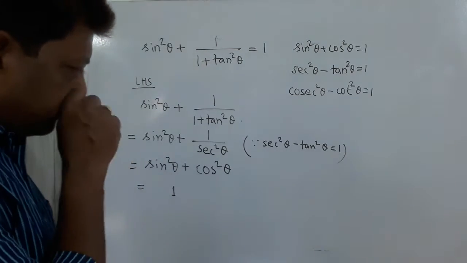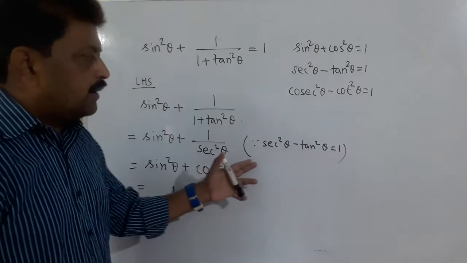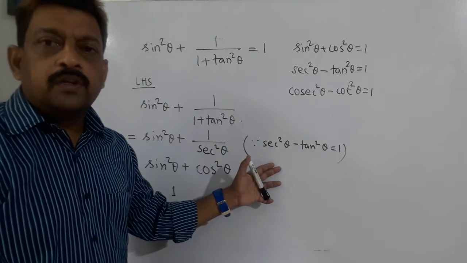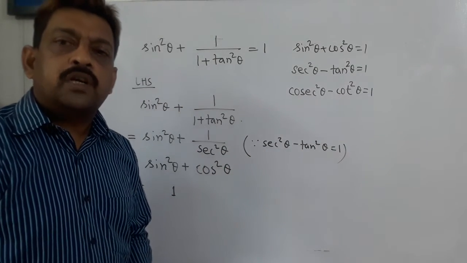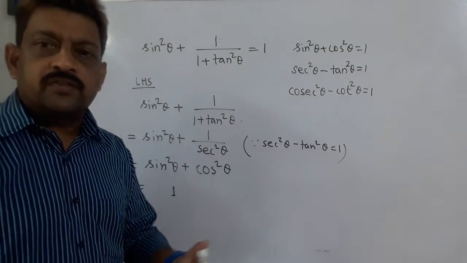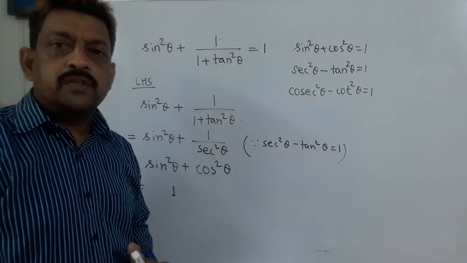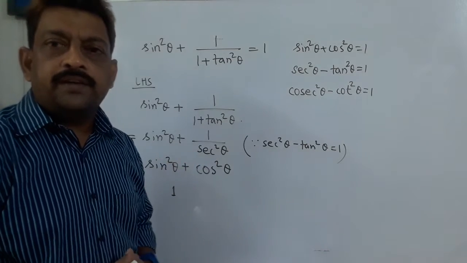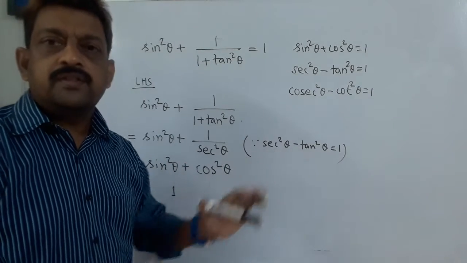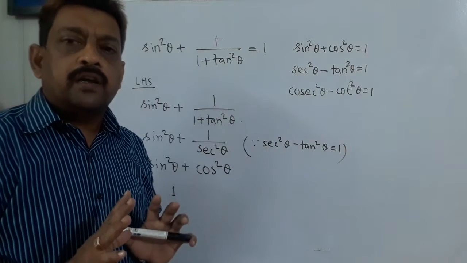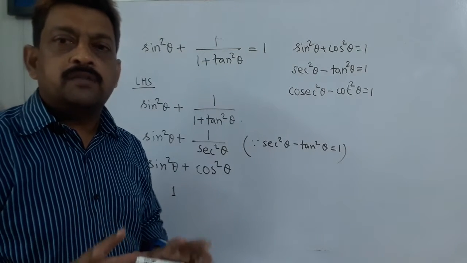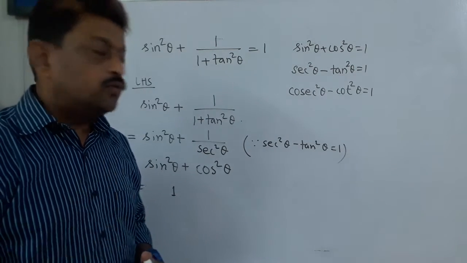The second profit is that while writing the identity every time, it will be automatically memorized by you. You don't have to spare extra time for memorizing all these identities. Whenever you are doing a sum, if you write the identities beside it as reasons, all these identities will be memorized by you automatically. That is a good habit.